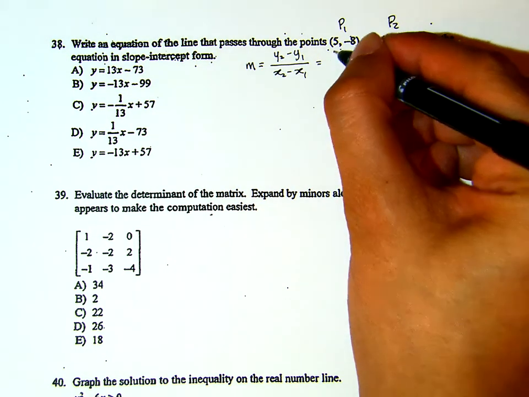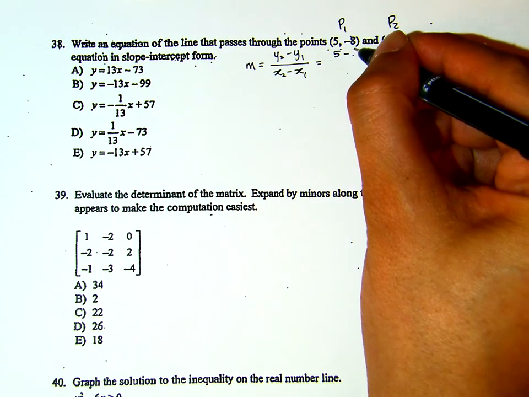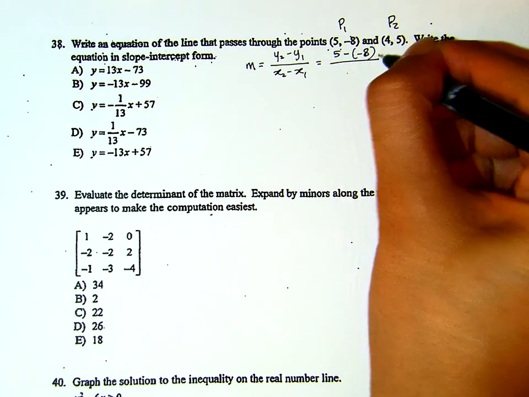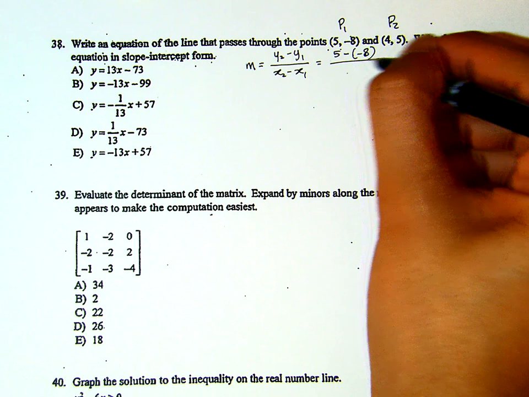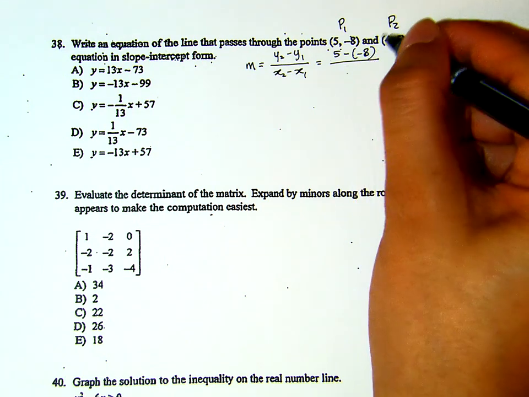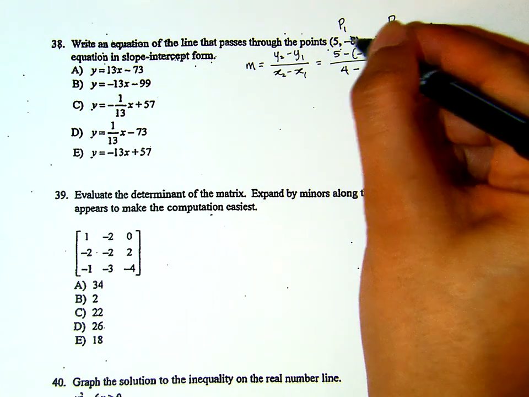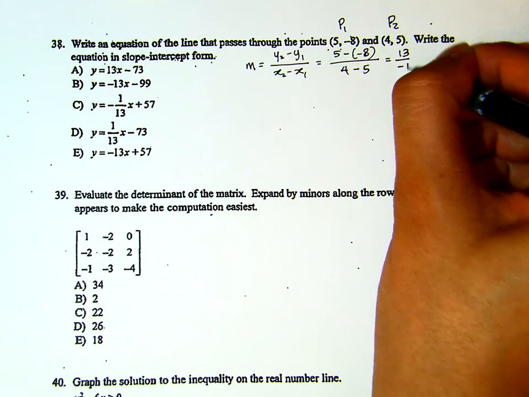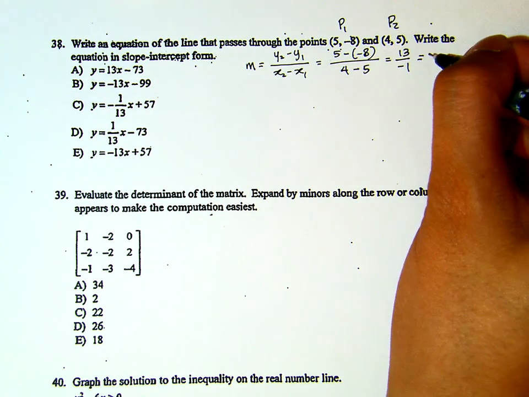The y of the second coordinate, 5, minus the y of the first coordinate, that's 5 minus -8, over the x of the second coordinate minus the x of the first coordinate. This will give us 13 over -1,